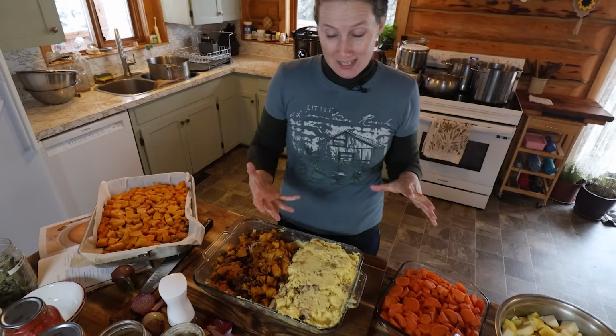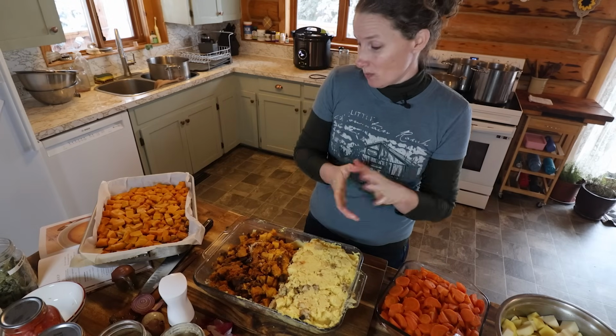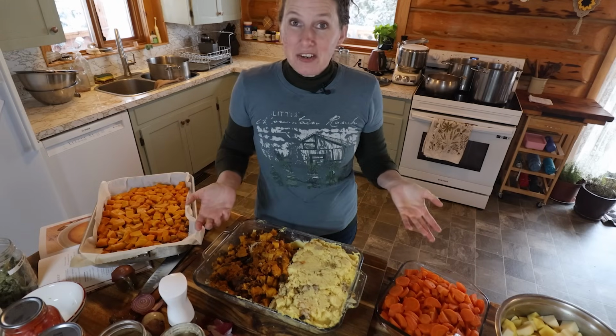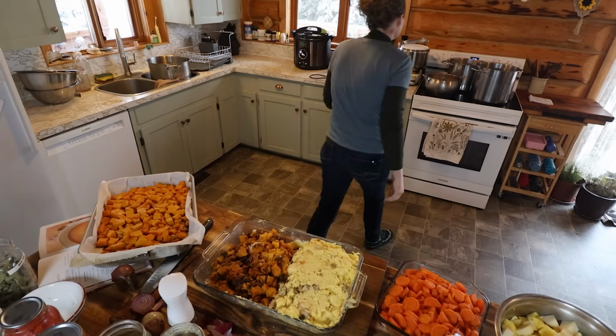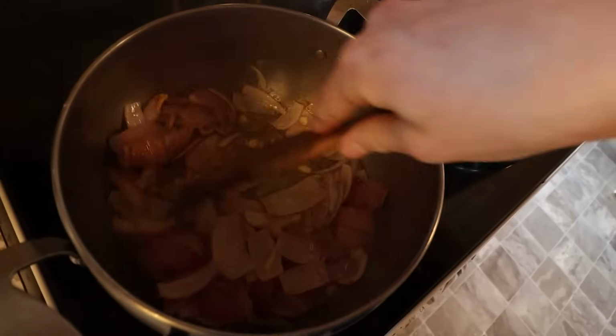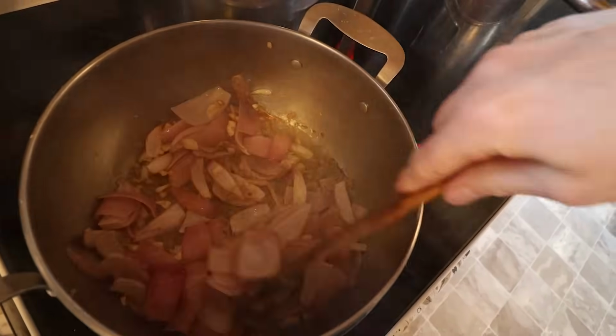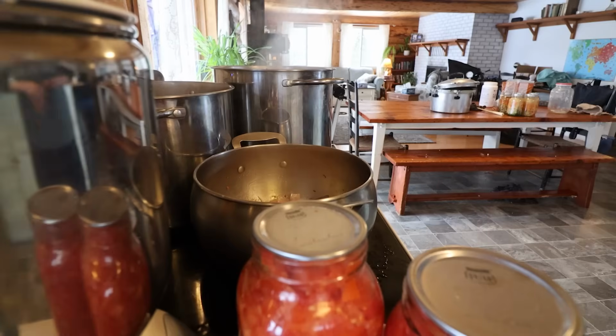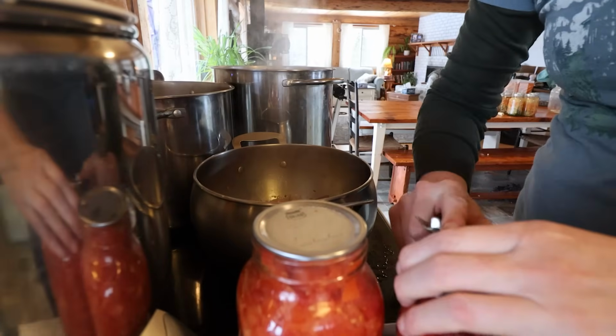And then we're gonna add our seasonings and make a delicious cream soup. And this is also gonna be super easy because everything is already cooked. So it should come together really fast. So we have our onion and our garlic over here. So now we're gonna add